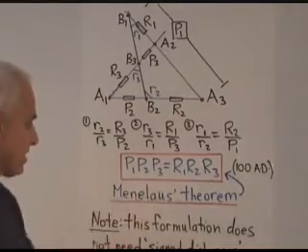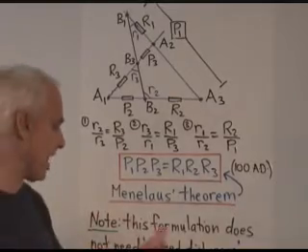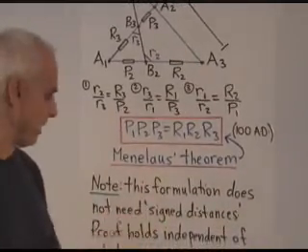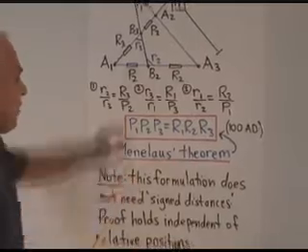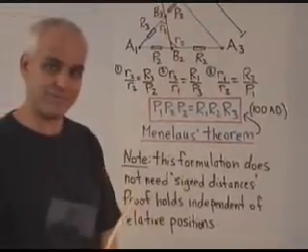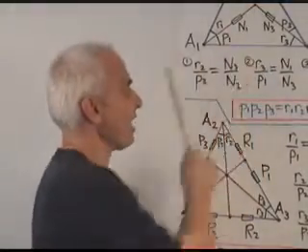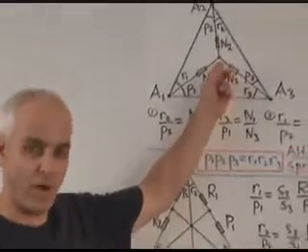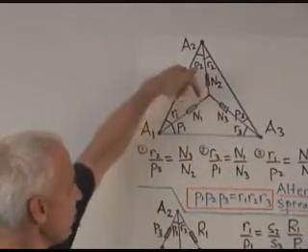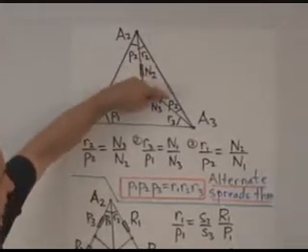That's called Menelaus' theorem. And this formulation does not involve any signed distances. The usual formulation does. It's completely independent of actually where these points are with respect to the triangle. Okay, now let's have a look at the triangle A1, A2, A3 together with one additional point. And we've drawn some new lines, we've got some new quadrances, and the spreads labeled like this.